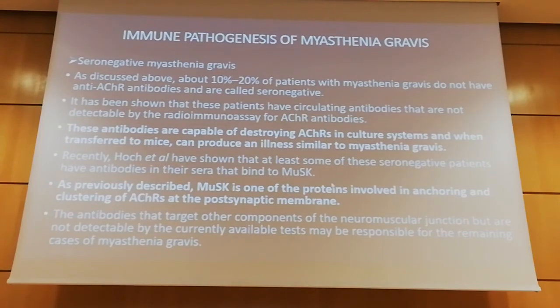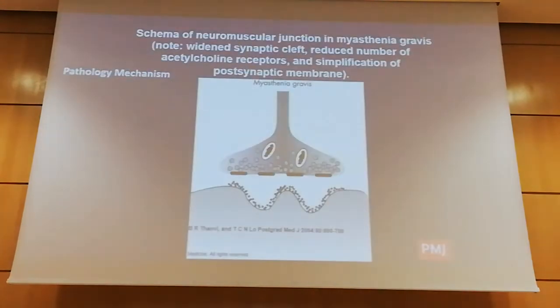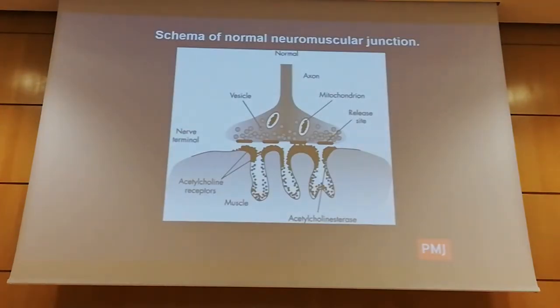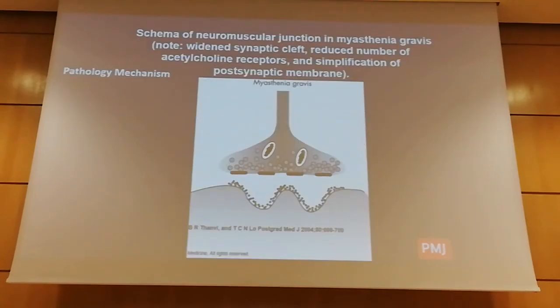MuSK is one of the proteins involved in the anchoring and clustering of ACHR. The cluster that you see here is done with the help of the MuSK protein. So when you have an anti-MuSK antibody directed against it, the cluster is destroyed and separated, and that ends up in weakness, similar to what you see with